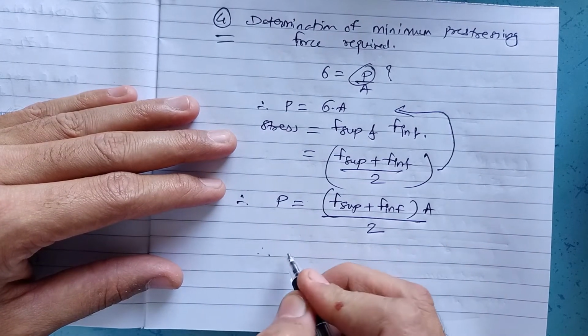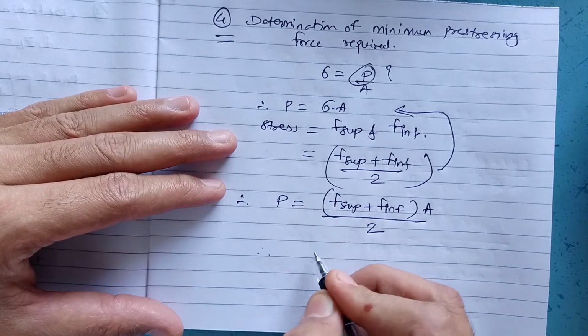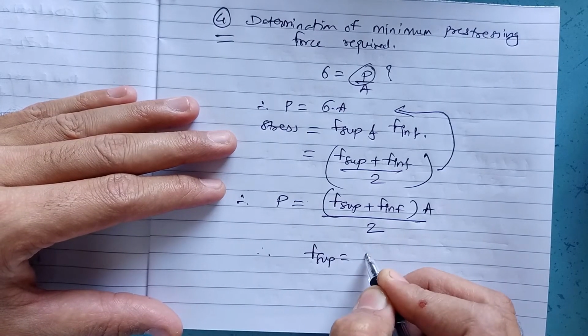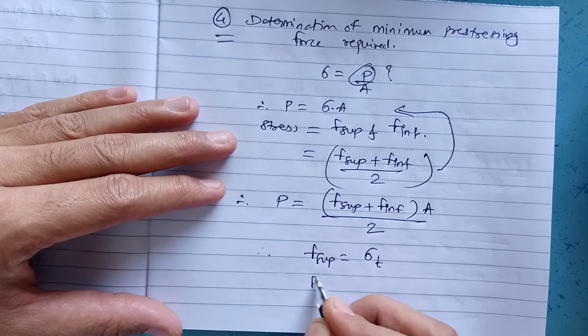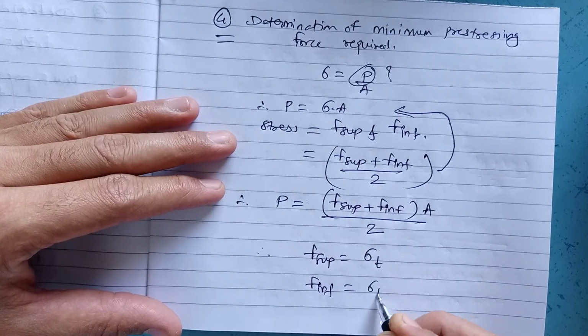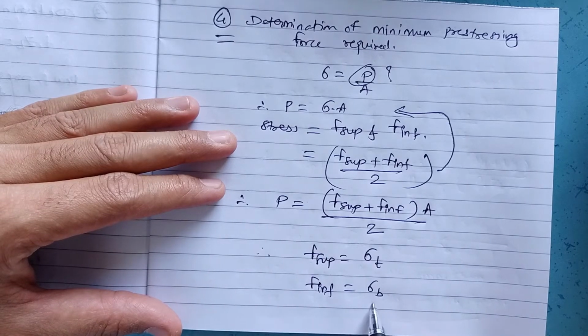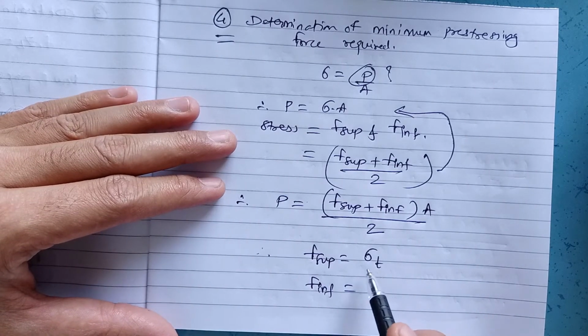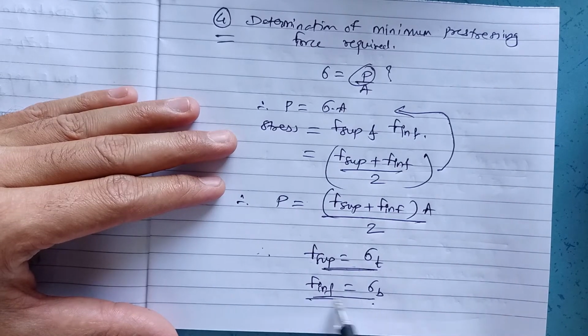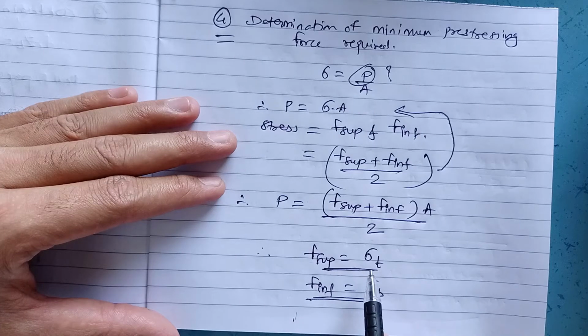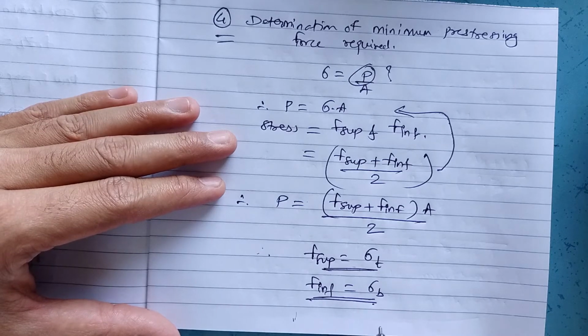Or in previous step we have seen F superior is nothing but sigma T and F inferior is nothing but sigma B. Stress at top extreme fiber, inferior is nothing but stress at bottom extreme fiber. Don't get confused between this notation, because in various reference books this notation might change. F superior is similar to sigma T, that is stress at top extreme fiber. F inferior is similar to sigma B, that is stress at bottom extreme fiber. Hence don't get confused.